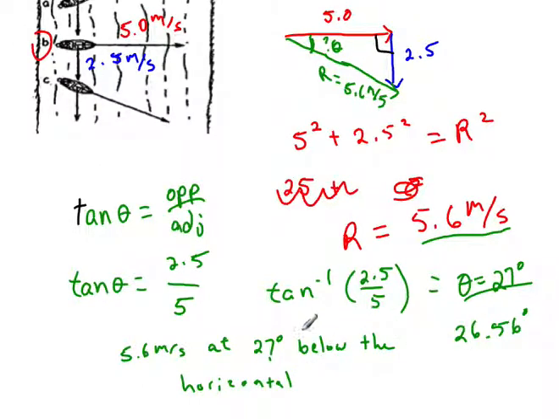Or you could say 5.6 meters per second at 27 degrees south of east if we had given a direction here, like this is north, this is south, this is east, and this is west. You could have said that. It's 5.6 meters per second at 27 degrees south of